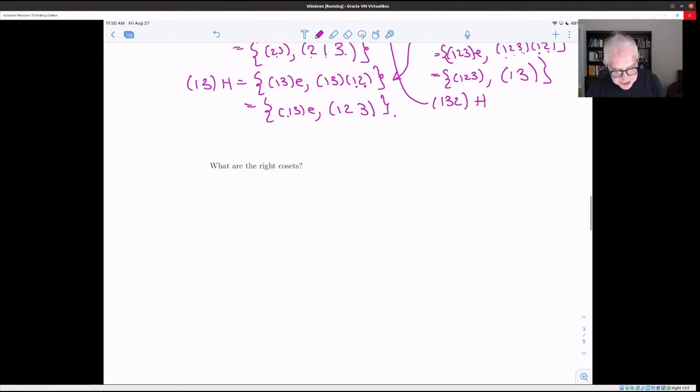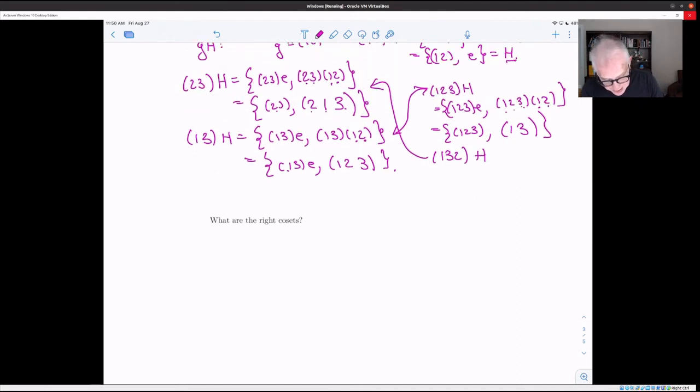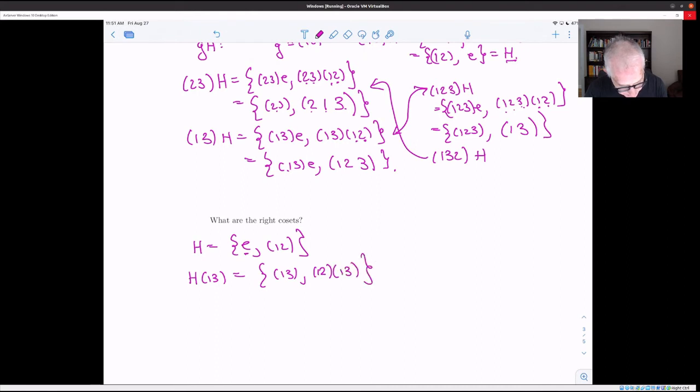Well, more calculations here. If we take the right cosets of H, so remember H is E, 1 2. So let's take H 1 3. Well, that's 1 3, because when you multiply E times 1 3, you get 1 3. And then it would be 1 2 times 1 3, which we have to calculate: 1 goes to 3, 3 goes to 1 goes to 2. And if you look back here,